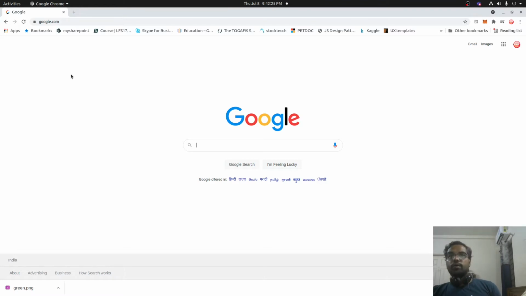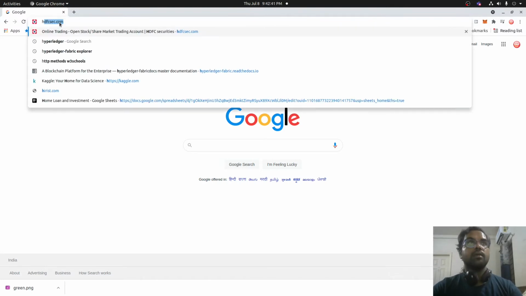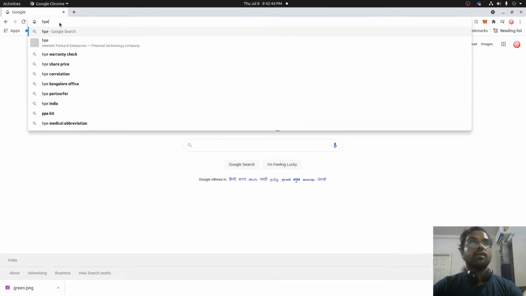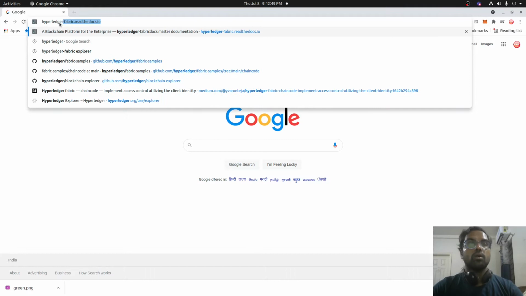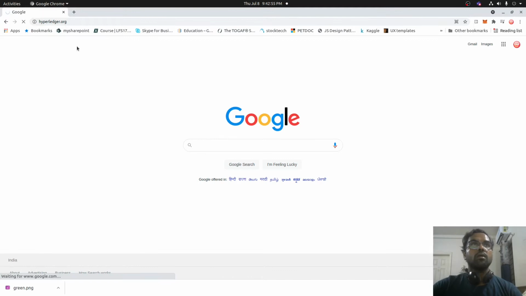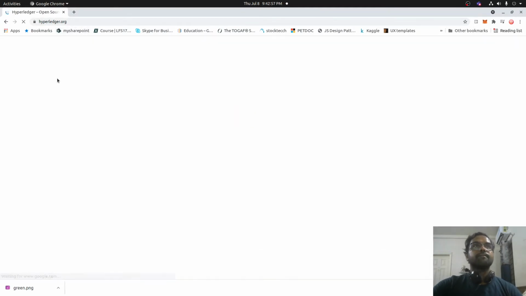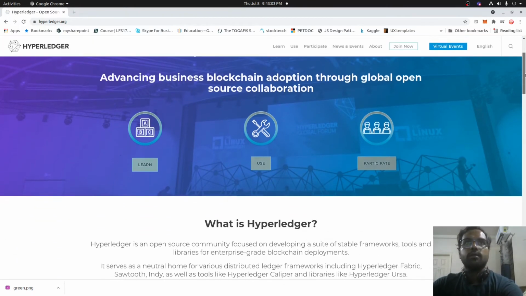So today we're going to see how we are going to integrate the Hyperledger Explorer with Fabric. Okay. So first thing I'm going to do now is I'm going to open the Hyperledger website. Okay, so this is the website of the Hyperledger umbrella.